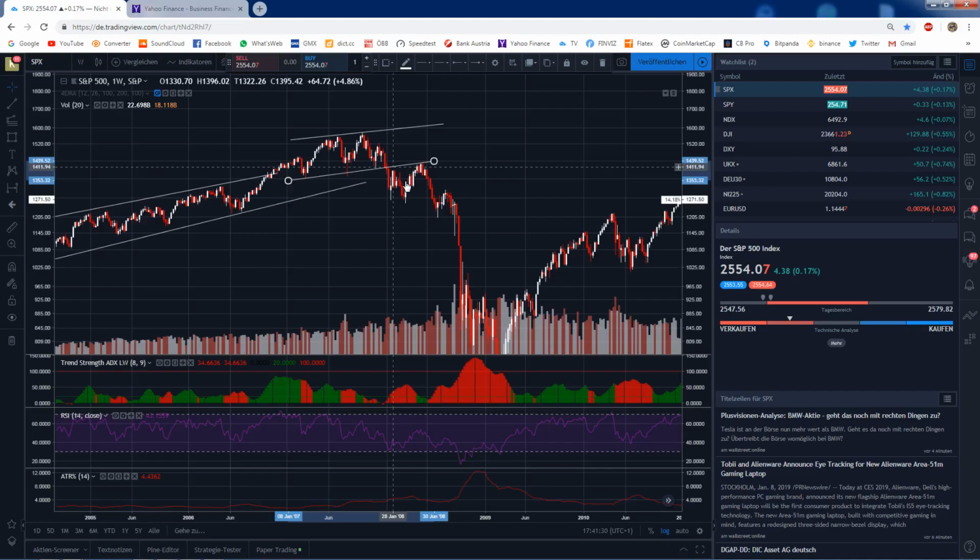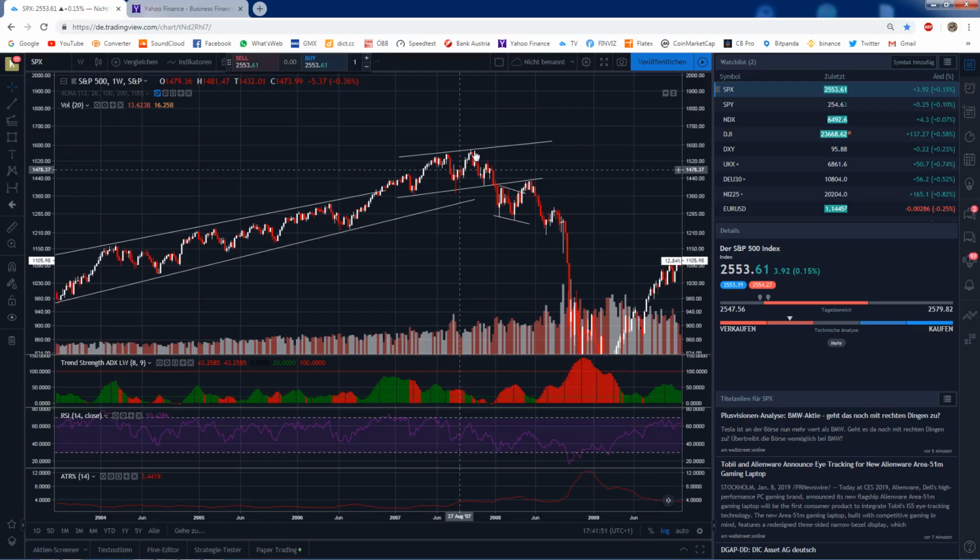You can draw it like this. So it formed a bear flag on the top and a reversal flag after the move down on the bottom. So it broke up again,